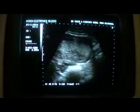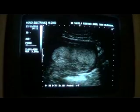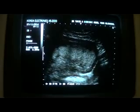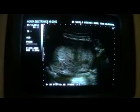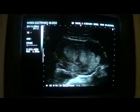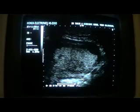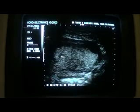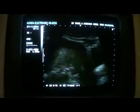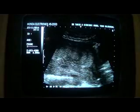if we try to judge the grading of the placenta, we can see that it's a grade 2 placenta with no evidence of any hemorrhage. Now this is a placental lake. So the posterior wall placenta is covering the os, completely covering the os,